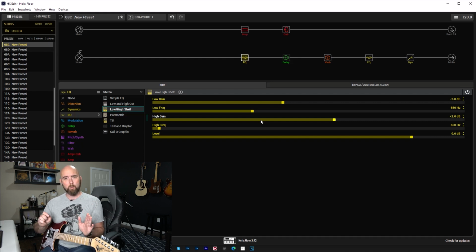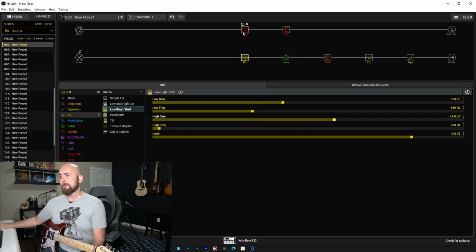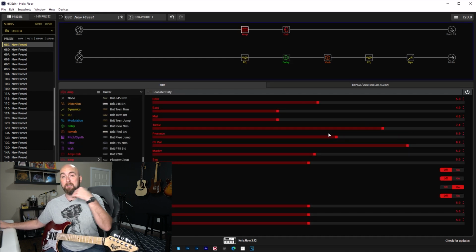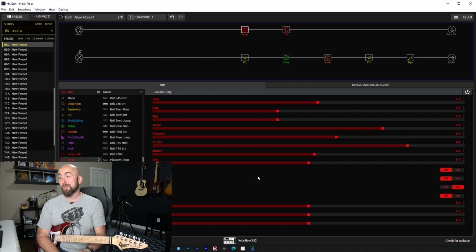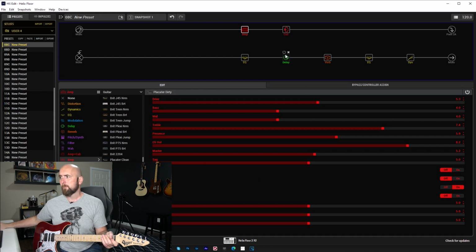Again, starting points, everybody. I haven't even listened to anything I've done here yet, but now I have a preset that will probably not be too bad. Of course, I would want to come in and set my amp settings to taste, how much overdrive, what the tone stack EQ is going to be like, and so on and so forth. But let's see what we have here just without touching any of these settings. If I turn my delay on,